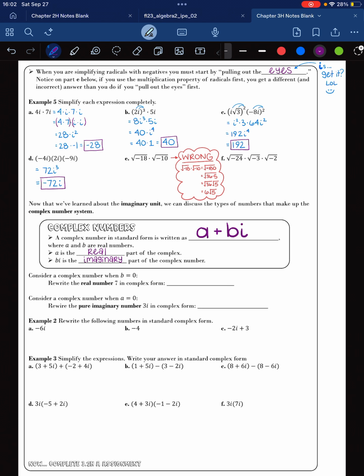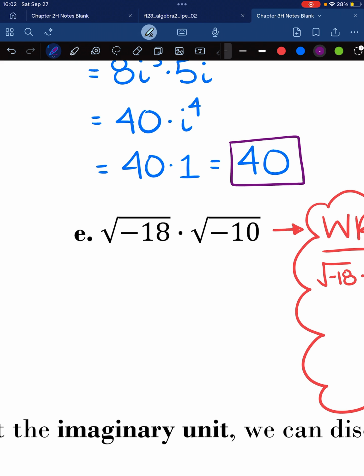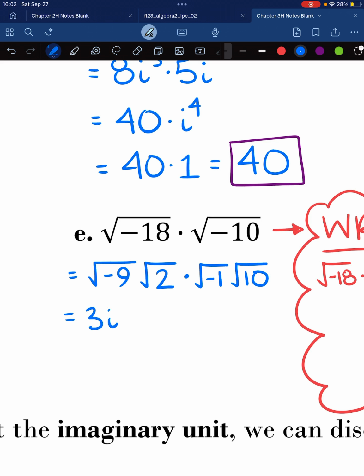So now on E. E is one where it is so crucial that you start by pulling out the i's. So instead of just pulling out the i's themselves, I'm also going to go ahead and pull out a perfect square there. So I can simplify the negative 9, and square root 2 times 10 doesn't have any perfect square factors. So all I can do is pull out that I, or that imaginary unit there. Okay, and I'm going to go ahead and simplify this now. So I end up with 3i square root 2 times I square root 10,